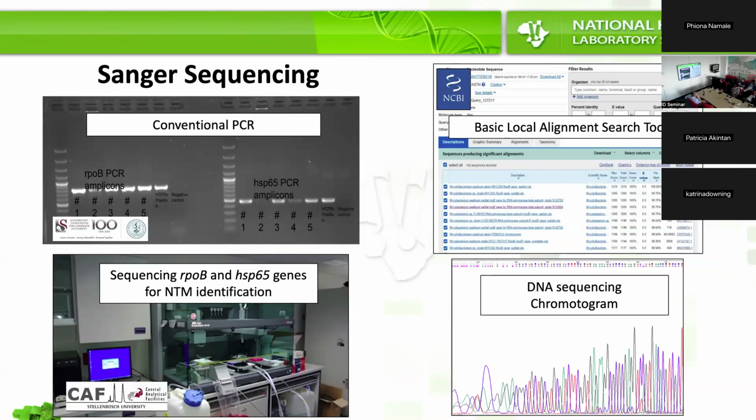You get the results back, and you get this chromatogram that you see in the right-hand corner, and you can use that to identify if your sample is clean or not. There are no mixed peaks in there. And then finally, with a freely available online system, you can BLAST that. So you put that trimmed sequence, which you can do yourself, into this database, and it gives you a percentage identification as well as coverage of the gene. So this is a very cost-effective, easy way to identify a lot of these unknown species, especially if you encounter it in a clinical setting. And this is something that we can do for you locally as well.